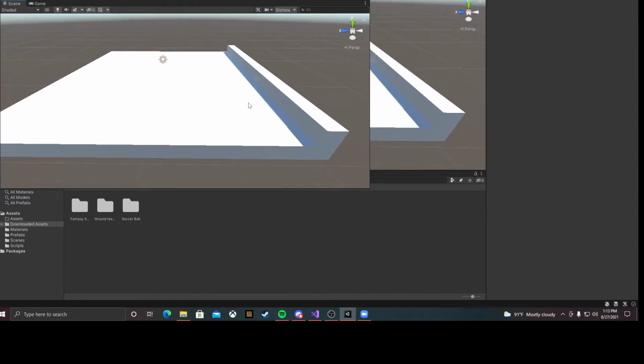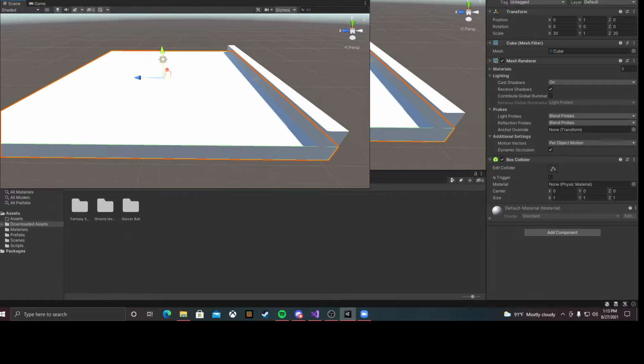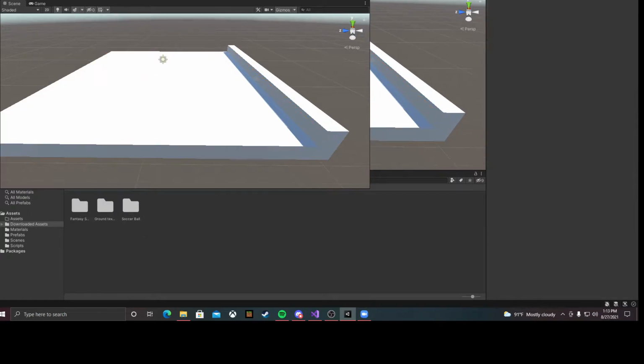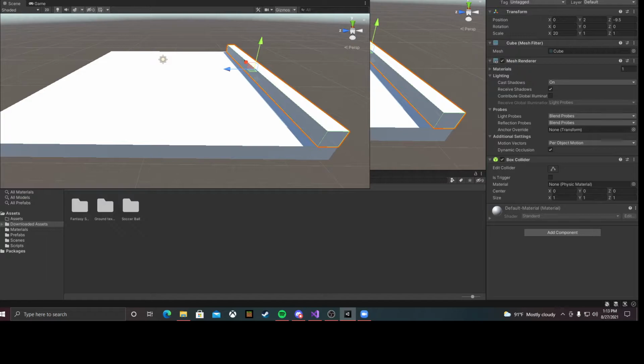So another thing we're going to want to do, and it's very important in Unity, is organization, and I'll show you folder organization in a second. I already have all my stuff set up, but I'll show you as well. So we need to rename this so we know what it is. This is our ground. You can call it whatever you like. This one on the right is our